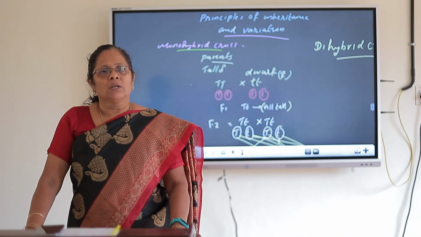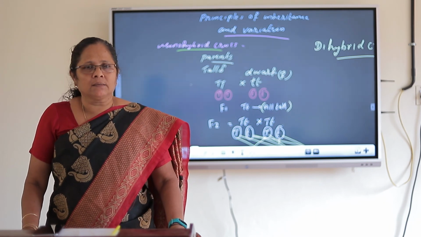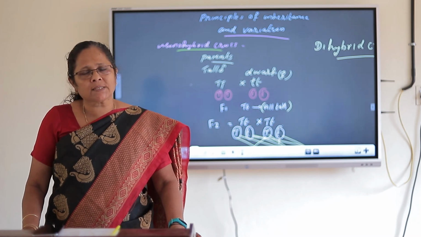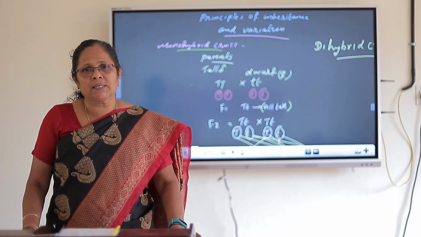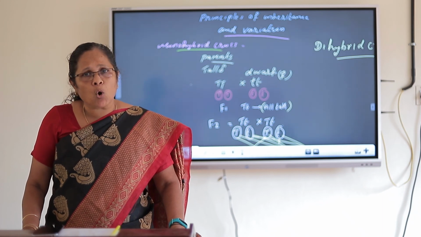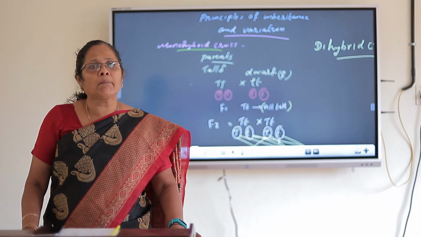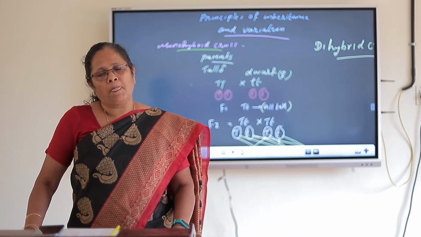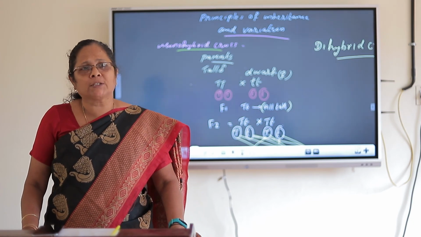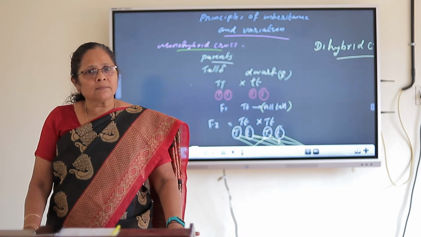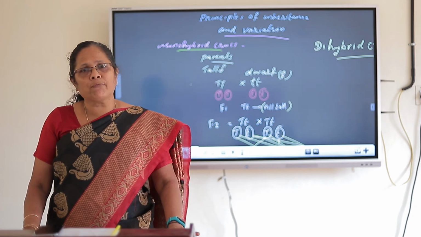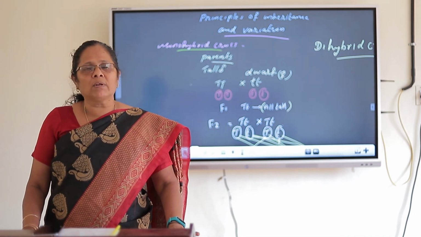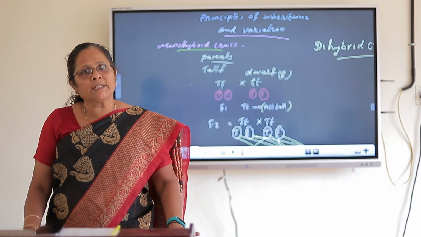Students, we have seen what is dihybrid cross, what is incomplete dominance, what is multiple allelism. Today I am giving you a small problem: a man with blood group A married a woman with blood group B. Find out the blood group of the progenies. Do it along with reading the lesson carefully, and if you have any doubt, you have to ask me. Tomorrow we will see a new topic, that is polygenic inheritance.